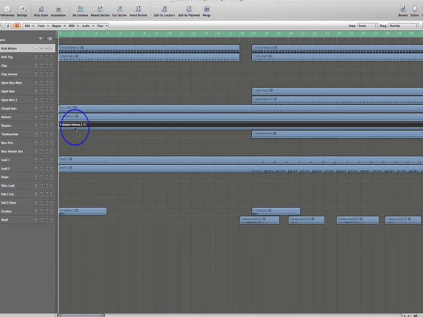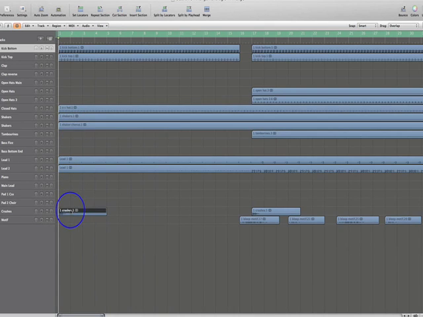Now, you'll notice we've also added a crash cymbal here. Now, this probably will come as no surprise. We do have a couple of Ultrabeat banks full of crash samples. So all we simply did was call that up and add it along here. Now you're probably wondering why we didn't add crashes right at the very beginning when we were starting all this. Well, the simple reason is that a crash is used to denote something special, something that's about to happen. And while we're doing the initial programming, nothing really is going to happen. It only occurs when we come to the actual arrangement. So we always leave our crashes out until we come to the arrangement and then we start to add them.